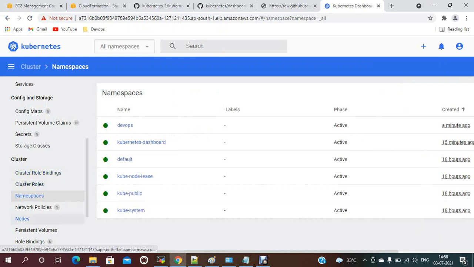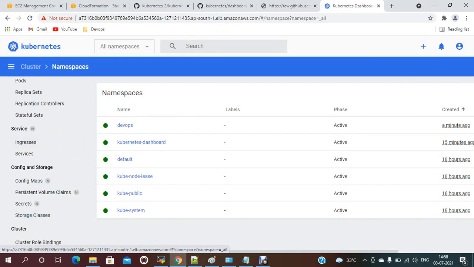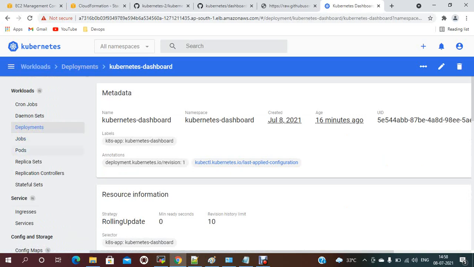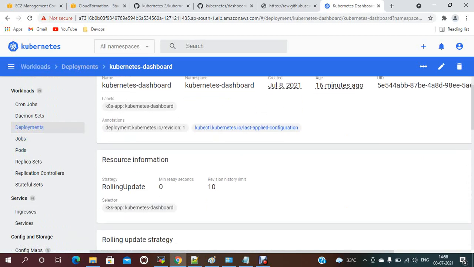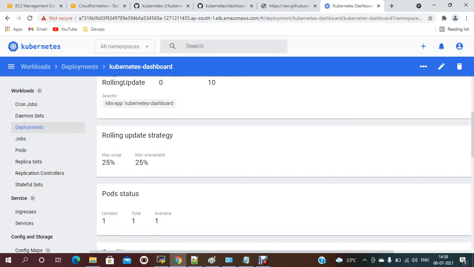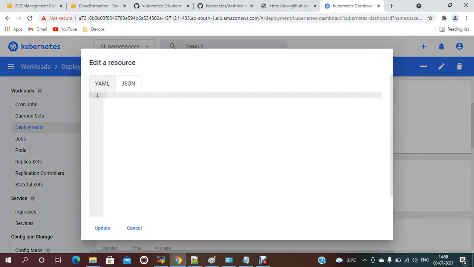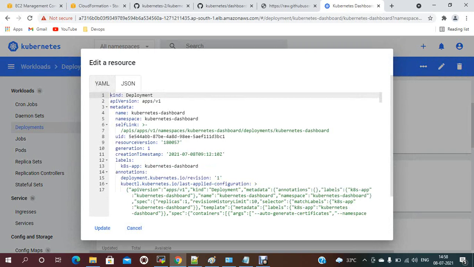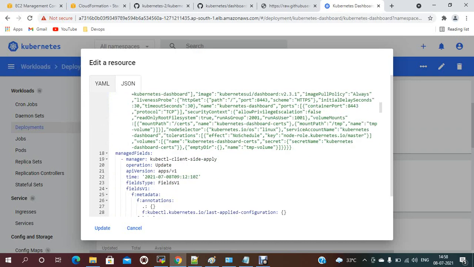Now deployments. If you want to check deployments, these are the deployments, Kubernetes deployments. Now, if you want to update, you can edit here under the YAML file. These are the default ones. The replicas, if you want to update, you can update that one.